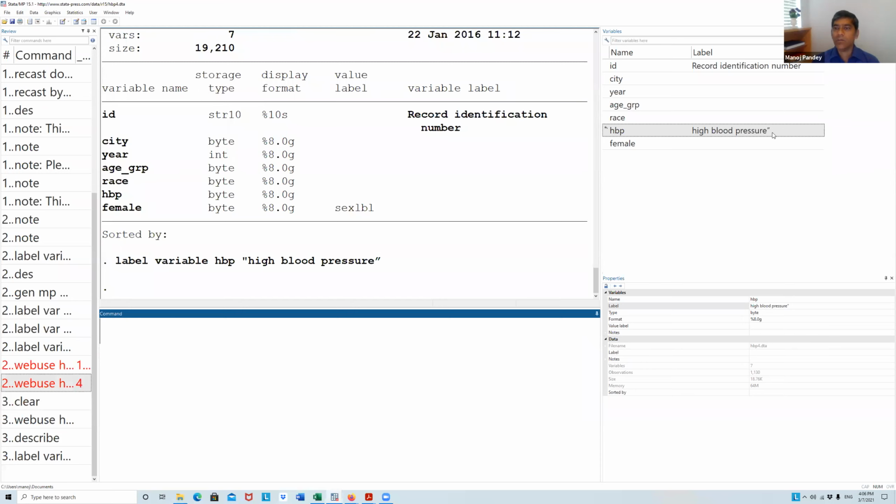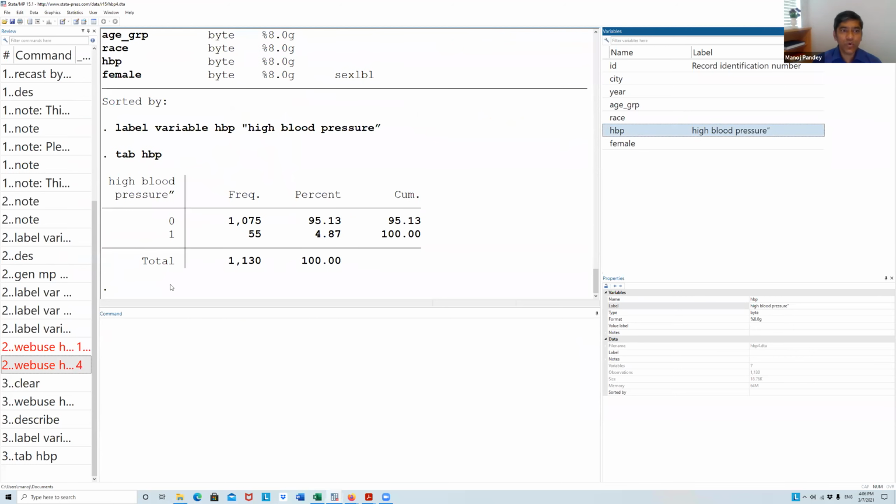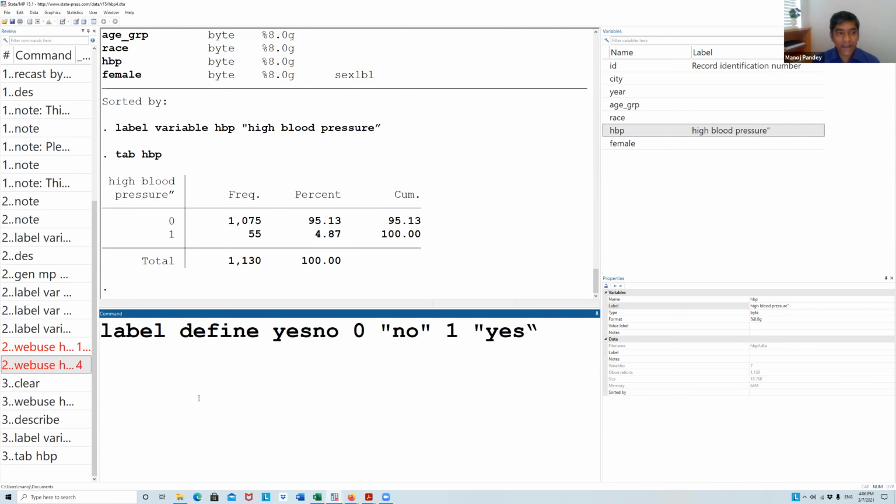Okay. Now it is high blood pressure. What is HBP? We really don't know. It is high blood pressure. Then let's see what this high blood pressure variable looks like. It's like 0 and 1. Now we really don't know what is 0 and what is 1.